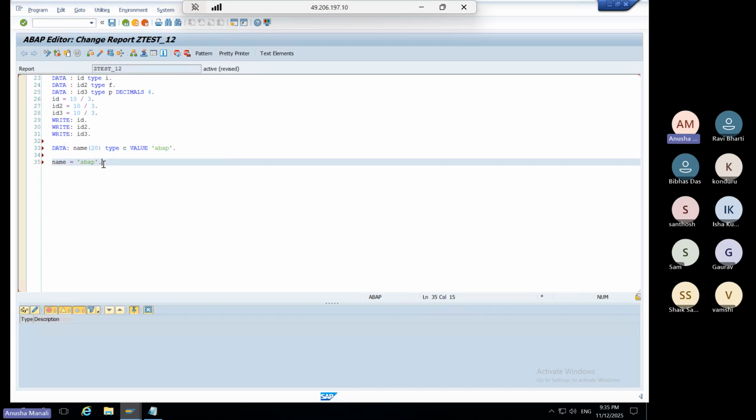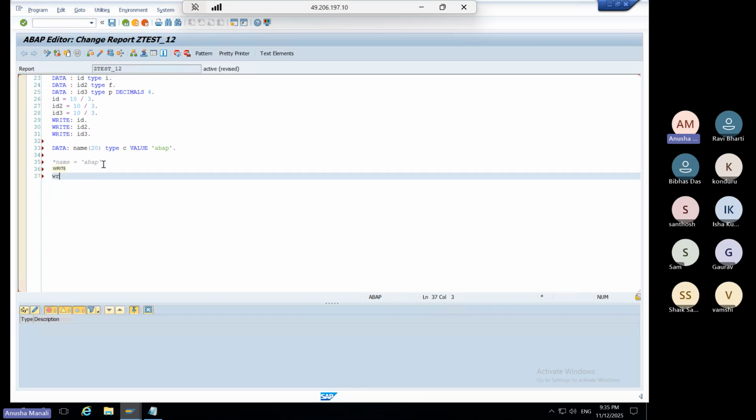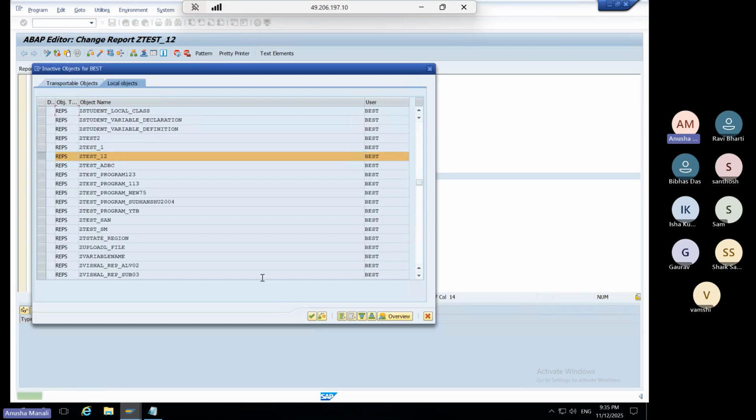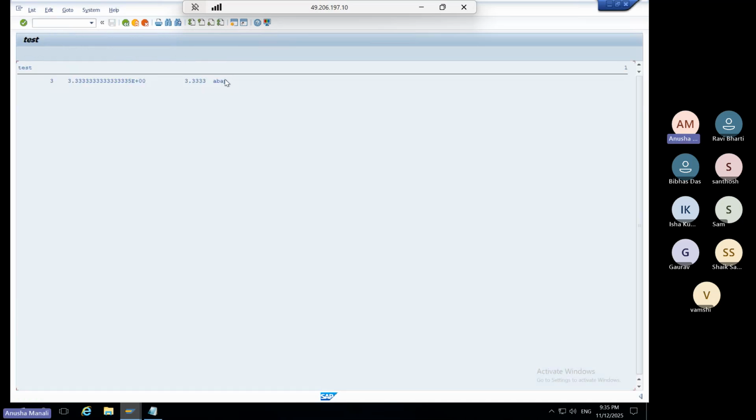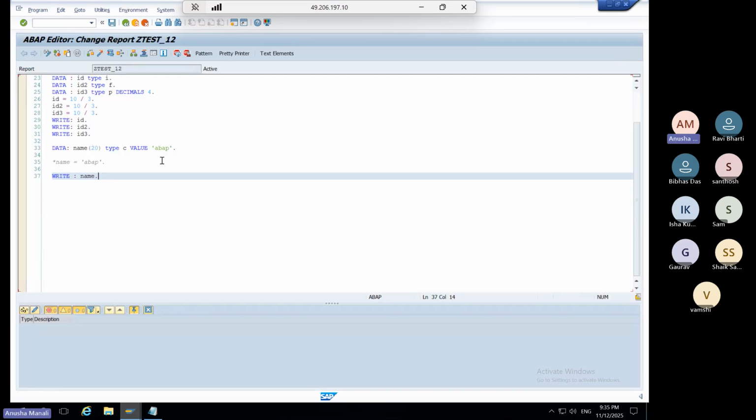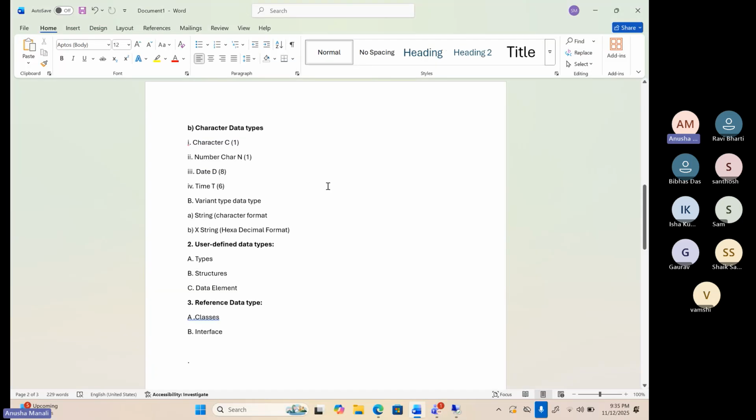Okay, I can comment it, then write a statement, and I'm going to write a name. Let's check and activate the program, run it. So you can see here the ABAP. So this is the type of our numeric values and character values. Sorry. So our next is a